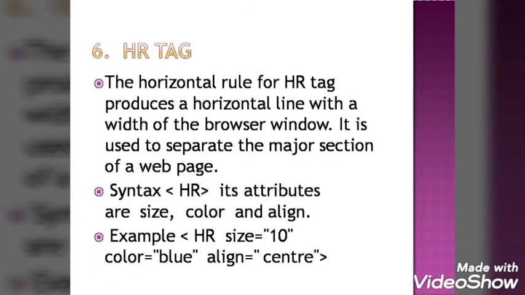HR tag. HR tag is a horizontal line that will be there in between. Okay. So for HR we will put attributes. The color, size and alignment. You can put them here. The value of size is 10. Color you can put as blue. Alignment. Alignment means you want it right, from left or in center. This is known as alignment. So value of alignment we have written center. So you want it in center. Blue color you want and size is 10. So this kind of line will appear. Okay, so this is HR tag.